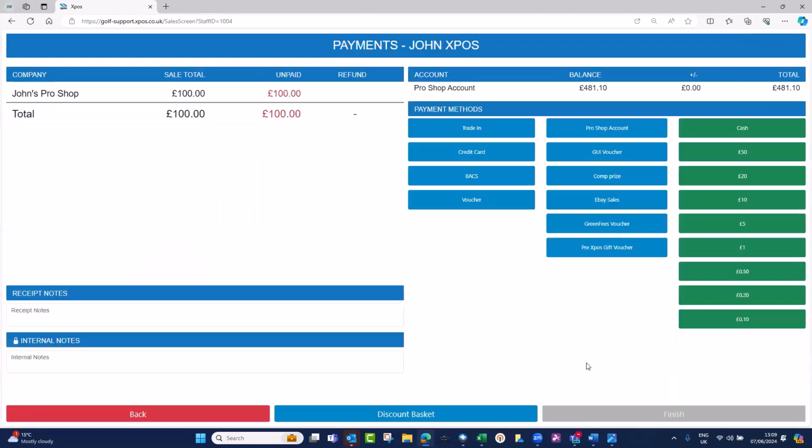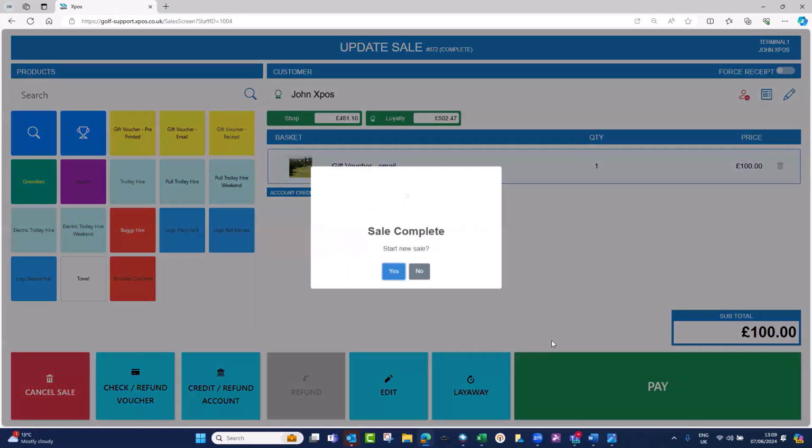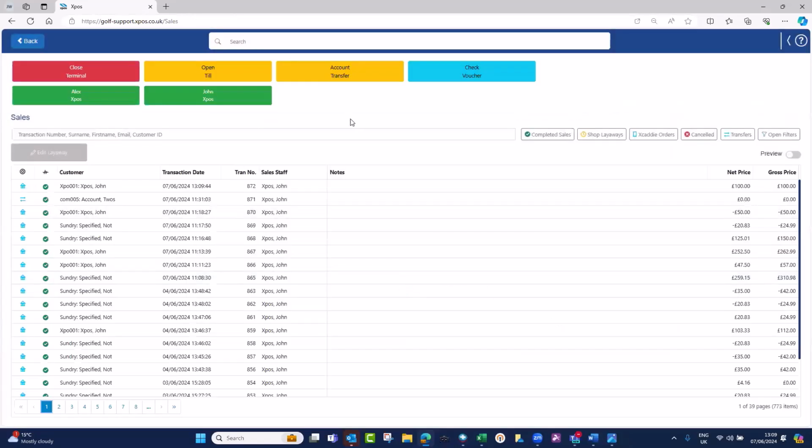So I'm just going to press pay, and I'm just going to put this through as a card sale. There we go, and that is how easy it is to sell an email voucher. I'm just very briefly going to take you through the other two voucher sales, and then we'll have a look at